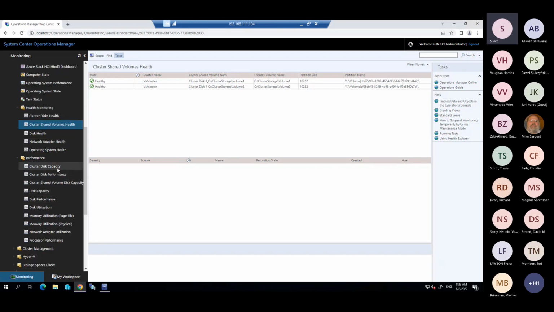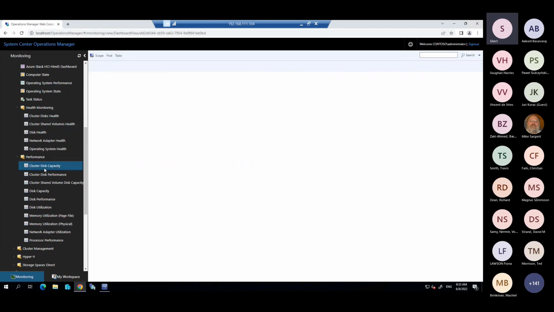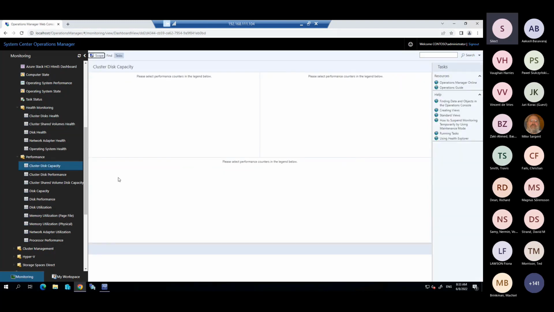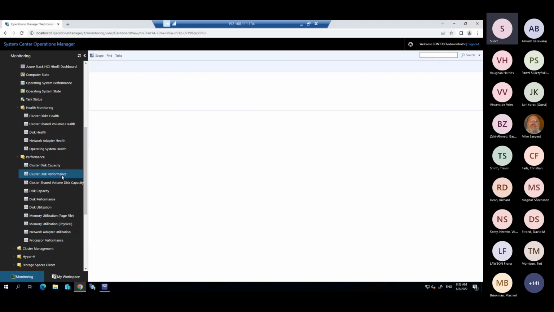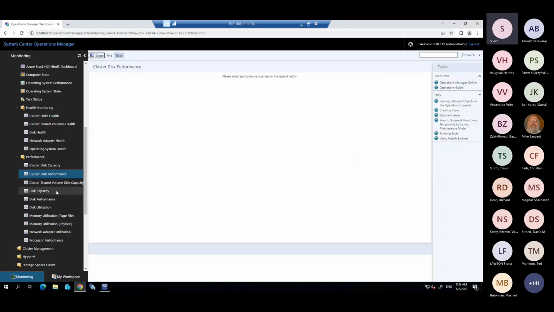There are a number of rules and monitors that are disabled by default in the management pack, so it's important to review those rules and monitors to see if they might be relevant to your environment, and to enable those to be able to collect additional information. Some of the views that we're going to be looking at here are based on some of those rules that are disabled or enabled. And I think, as you can see, we're in a case here where we've seen some rules that are not enabled, but if we scroll further down,